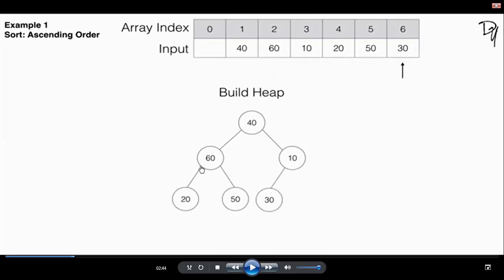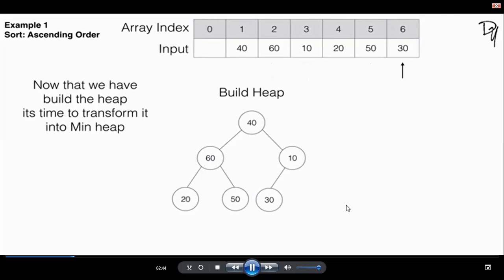There again it should be filled with left to right. Correct. See, I am receiving 20. 20 I should fill again from left to right. Since this level is filled, then only I am coming to the next level. And again I am starting with left. Here both children are filled. I am putting it here, and no more elements. This is just equivalent